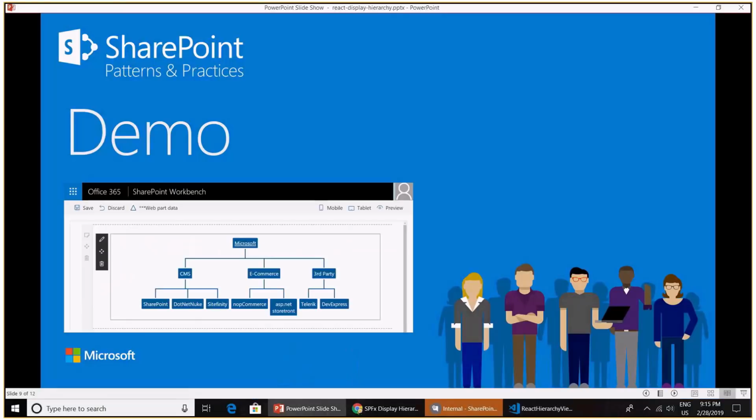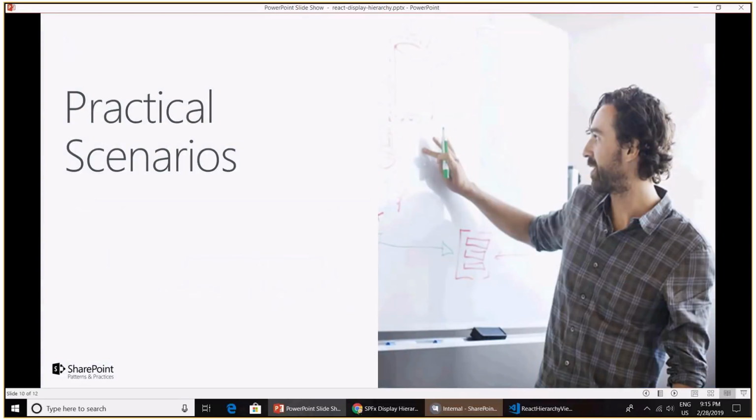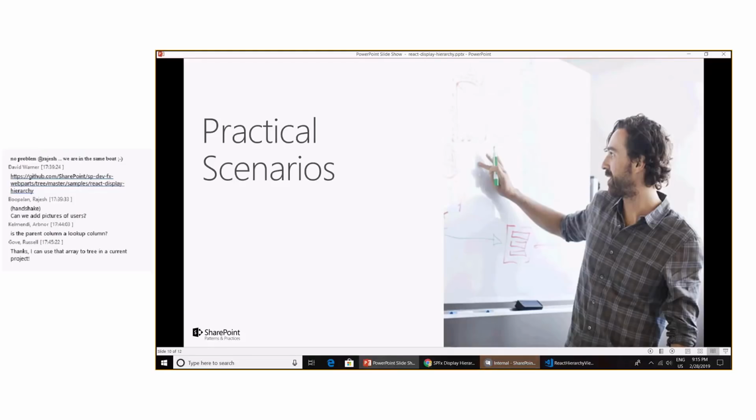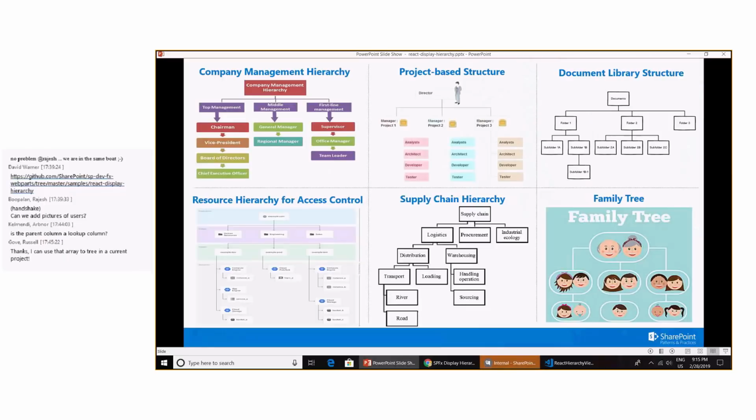I will just go back to the slide for the closure. So what are the practical scenarios in which we can use this as a sample? At least these are a few of the practical scenarios. For example, if you want to show any company management hierarchy, then it can be used.